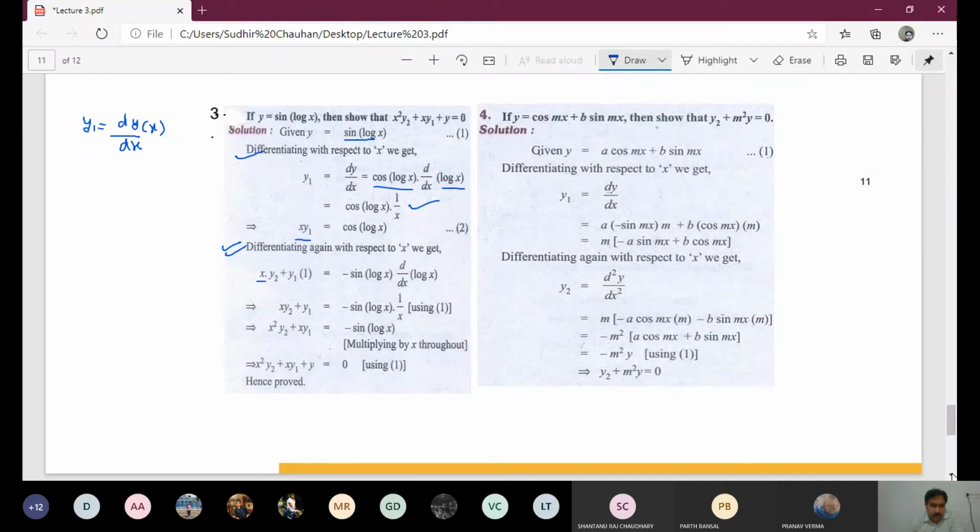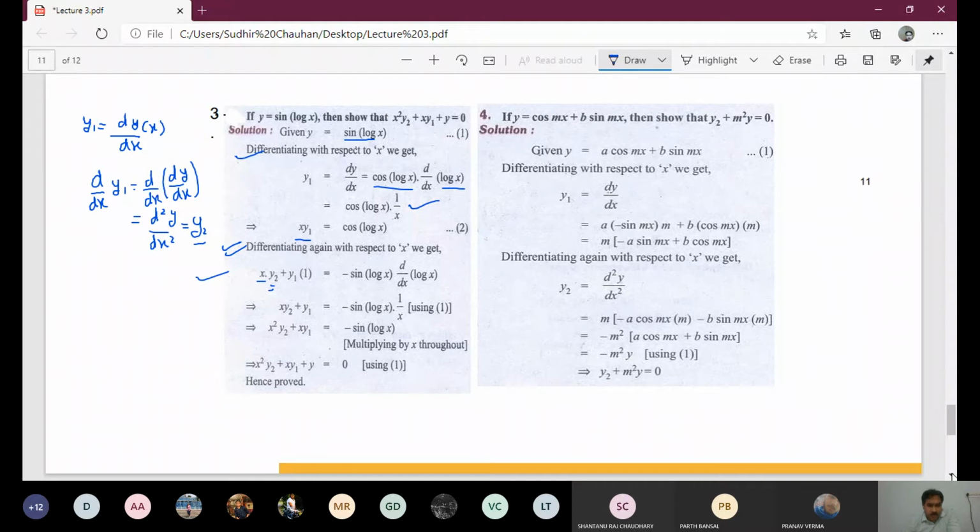X as it is, the differential of y1 is y2. Now why is the differential of y1 equal to y2? If we differentiate y1, it is the differential of dy by dx, the differential of y. So we can write it as d2y over dx square, and in short we can write it as y2. So the differential of y1 will be equal to y2, plus y1 as it is, and the differential of x is 1. So if we differentiate x y1, we get x y2 plus y1.